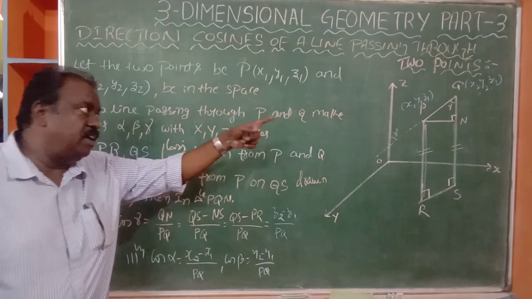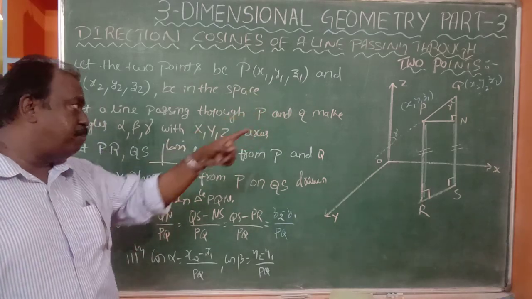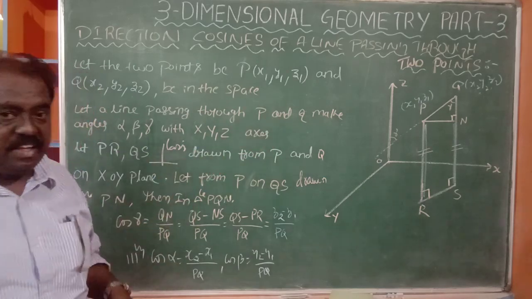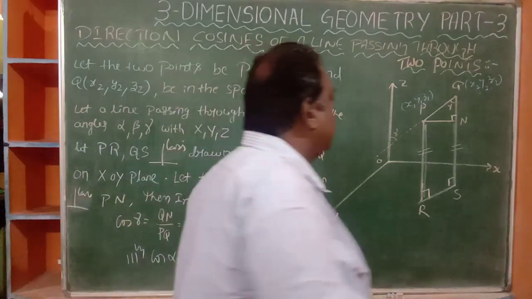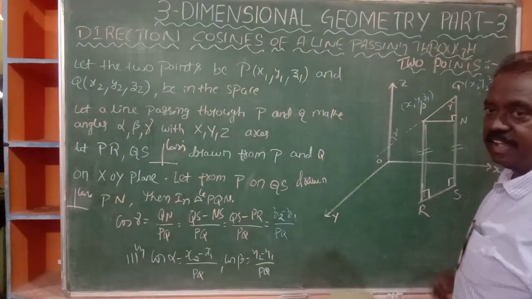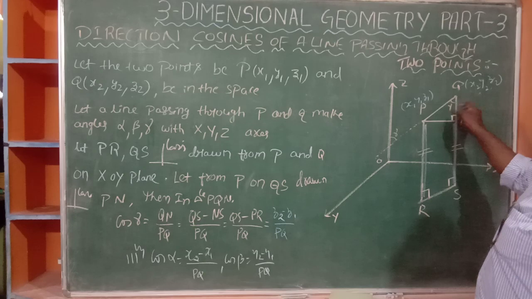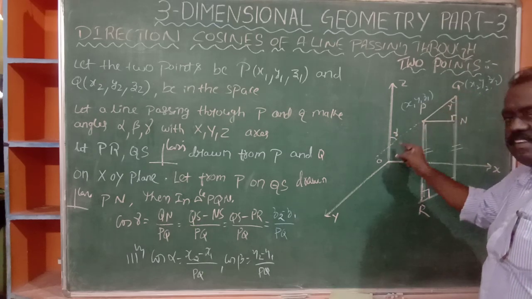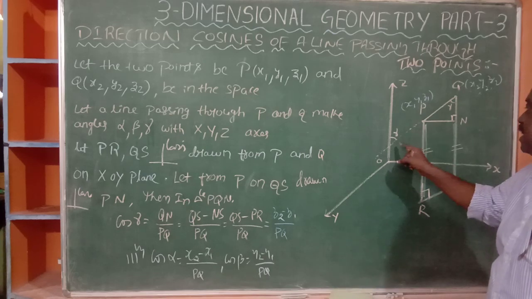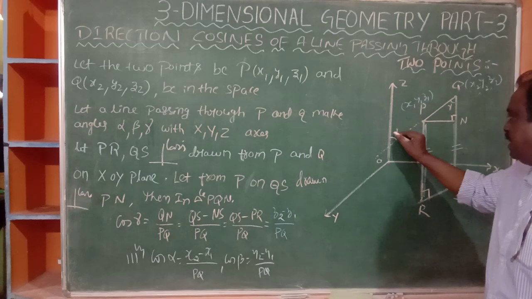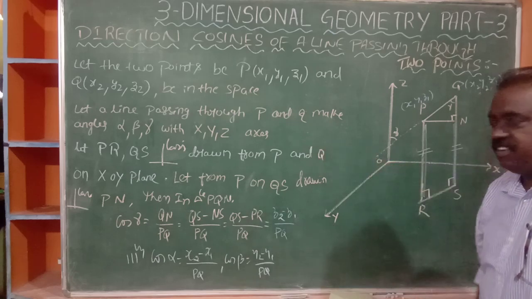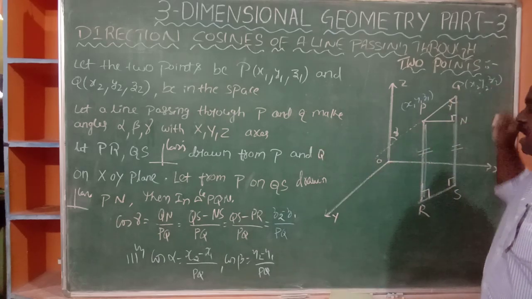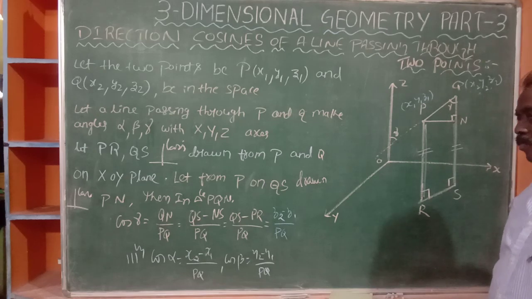Then you see there, we get a right angle triangle. PQN is a right angle triangle. Is it okay now? You see there, it is a right angle triangle. You see, already I told you this PQ extended cuts the z-axis, then the angle is gamma. Already we mentioned alpha, beta, gamma. Here also it is gamma, I will say. How? You try to understand.